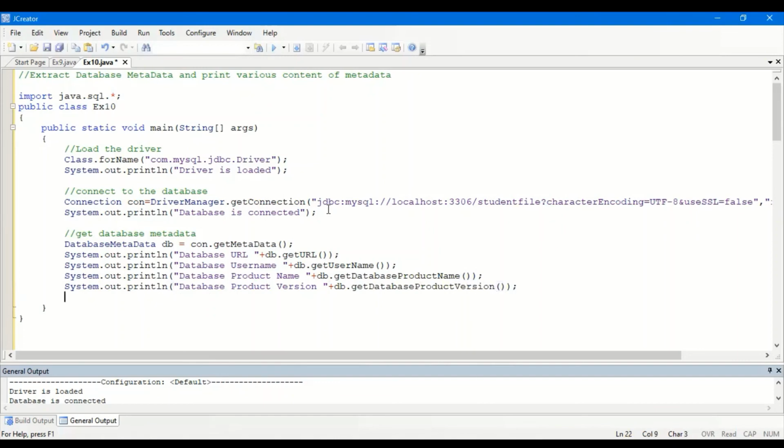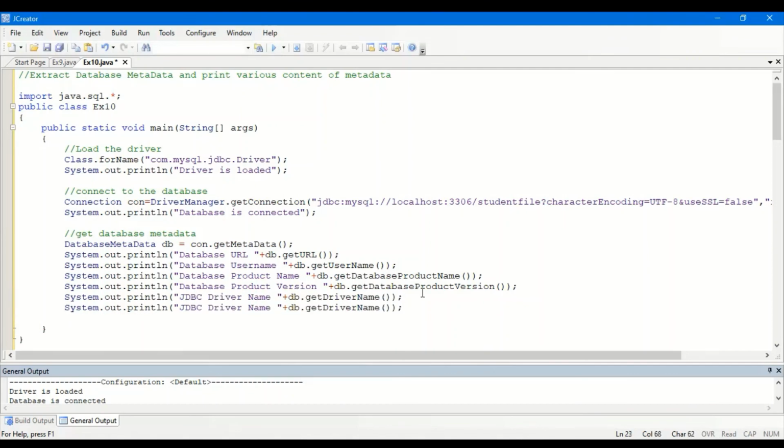And the next thing we are going to extract is the JDBC driver name. So System.out.println, sorry, it's JDBC driver name. So db.getDriverName. Okay, let me make it faster.